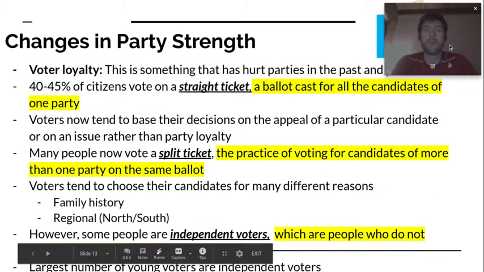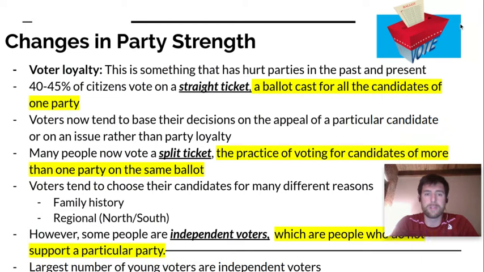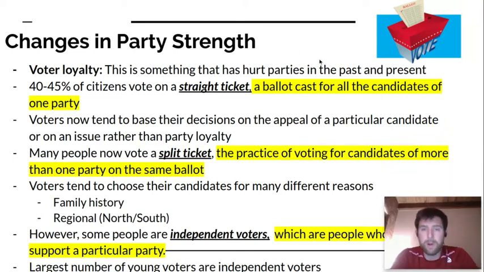Okay. And the last major element we're going to discuss is voter loyalty. And this is something that hurts parties. It can help a party, but it can also hurt a party. It's been that way for as long as this country has been around and as long as we've had political parties. So today, roughly 40 to 45% of citizens vote on what we call a straight ticket,